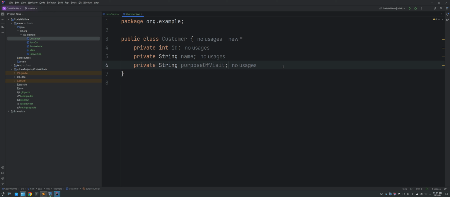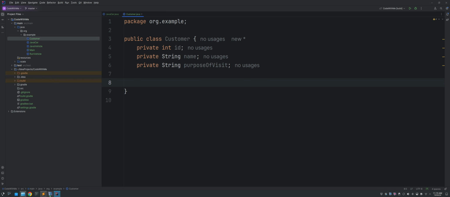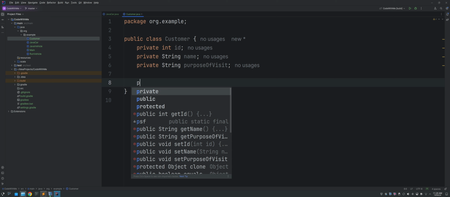Now, for every customer, there is also a behavior. The customer will perform some activity or some action. That behavior in the real world, which we call the behavior of the customer, in the world of Java or in the world of object-oriented programming, we call methods. Let me define a method. For example, what a customer can do is withdraw money. So we can have, let's say, private, or sorry, public